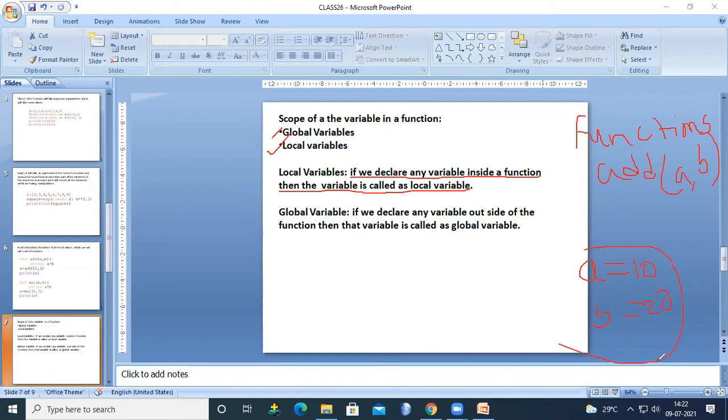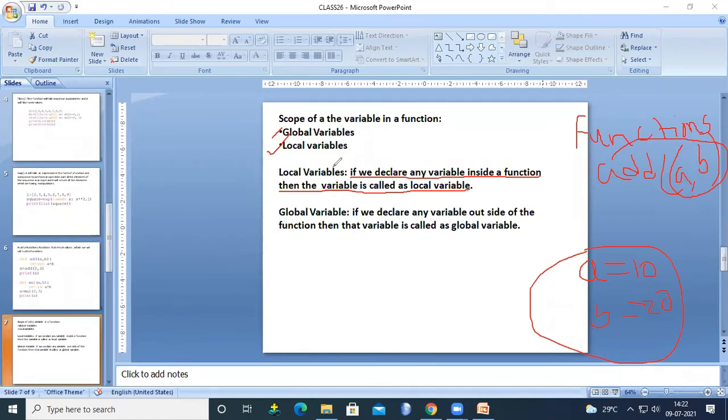Can these a and b, defined in a particular function add, be accessed from anywhere in the program or not? That depends on where you declare these variables, locally or globally.